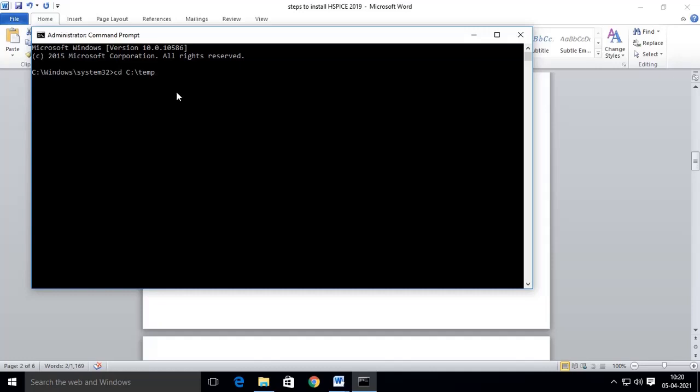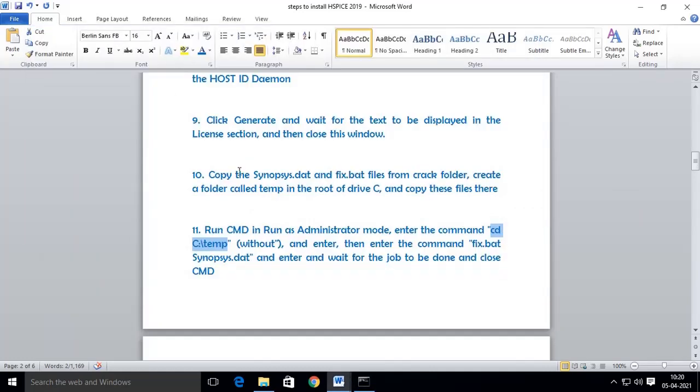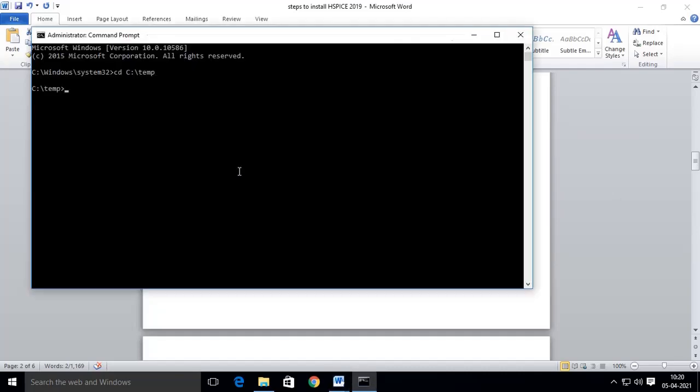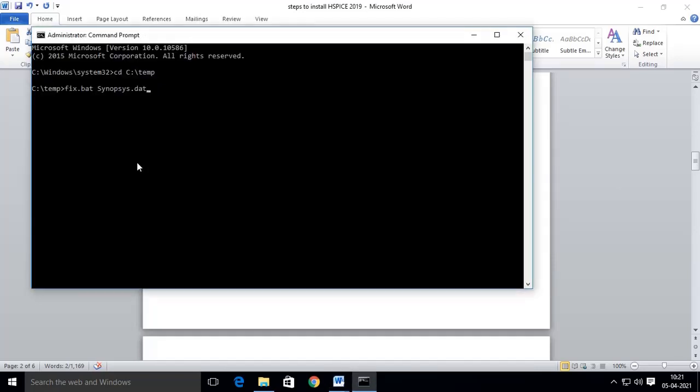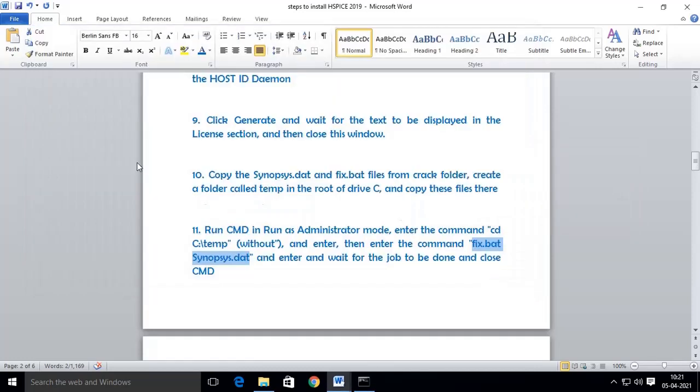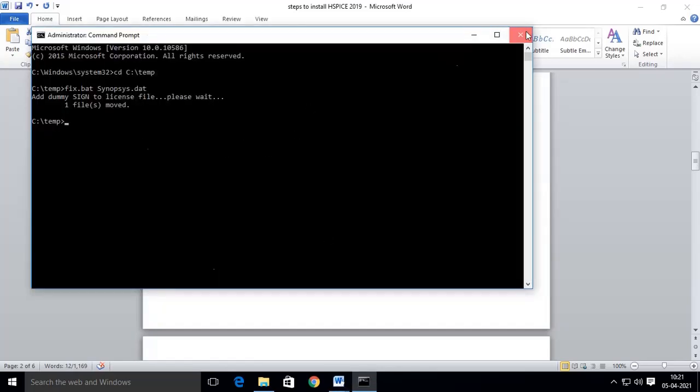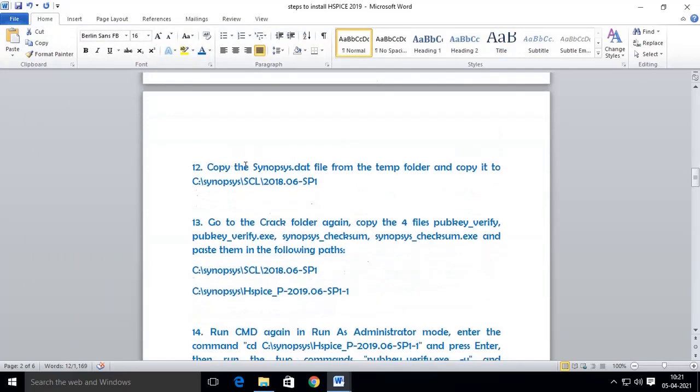In the temp folder, I am going to execute the dot file and bat file. Enter and wait until the job is done. Then close the file.